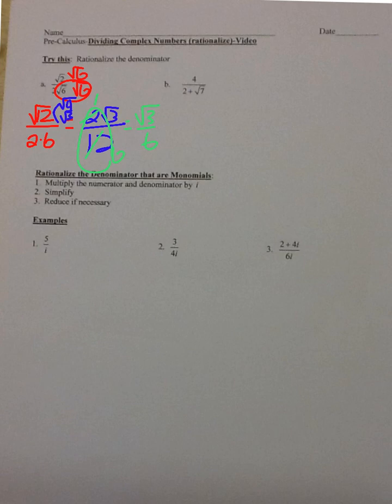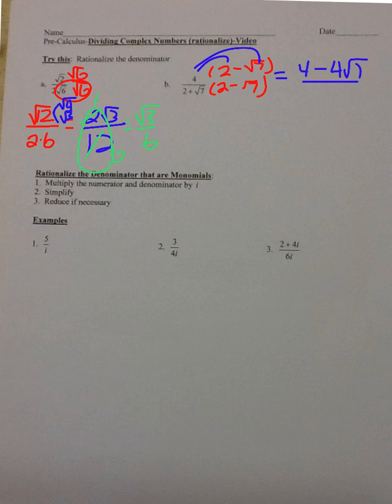Okay, so for B, I have a binomial in the denominator. So I'm going to multiply by the conjugate. The conjugate of 2 plus the square root of 7 is 2 minus the square root of 7. Okay, so I distribute the 4. So I get 4 minus 4 square root of 7 over, and remember when we multiply conjugates, the middles